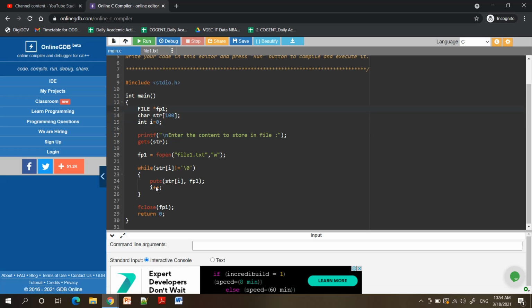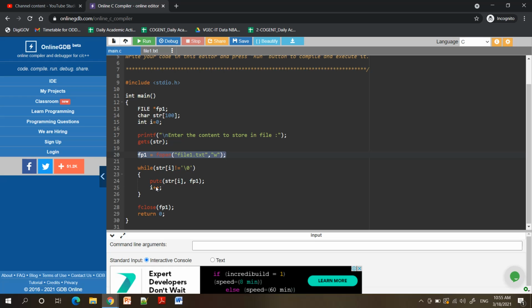Just to quickly revise, we have created one file pointer to refer to a file. We have taken the data from the user which is to be written inside the file. We have opened the file and the pointer to that file will be stored in fp1.